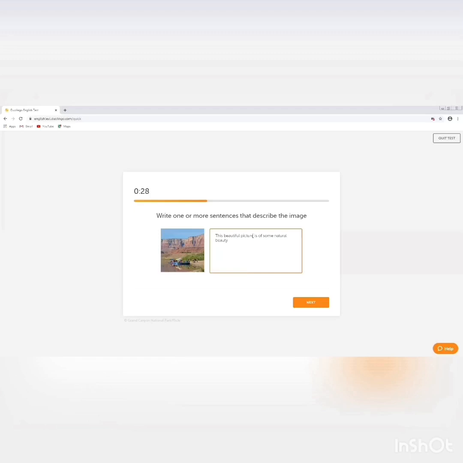So that is what I'm trying to do over here, and as you see, the timer is moving on, so I have to keep an eye on that as well. I'm just trying my level best to complete it, but let us see whether I'm able to complete it or not. I have to click the next button, or else it will be done by itself automatically.